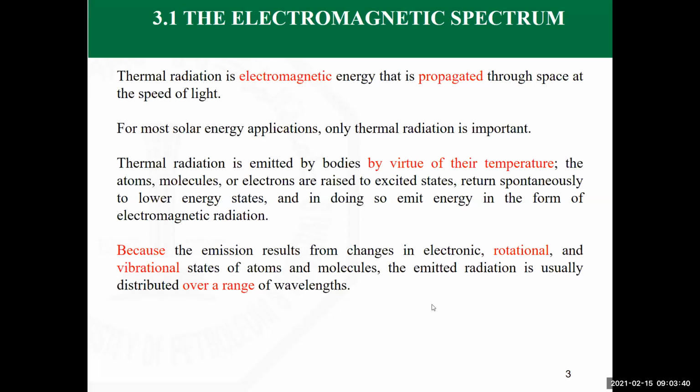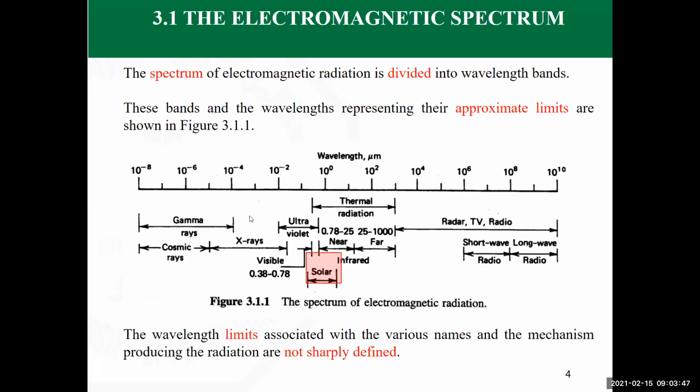And that, as you can see here, it is occurring over a wide range of wavelengths. For each wavelength, there is a certain amount of emitted radiation which is associated with that. The electromagnetic spectrum is defined by the wavelength